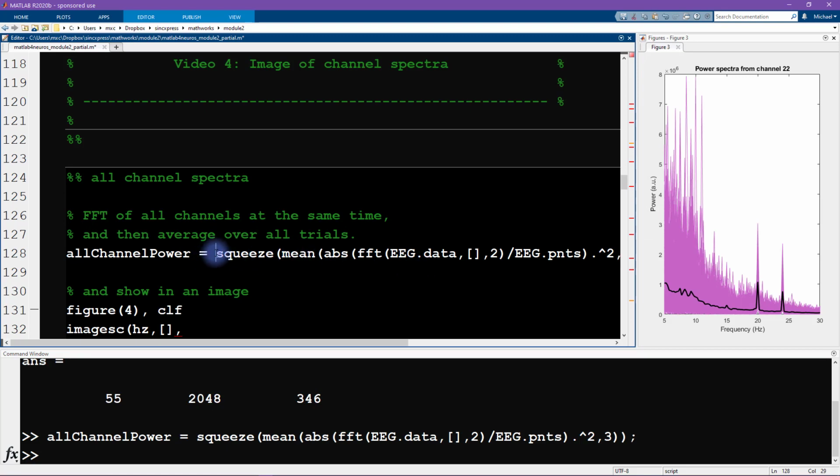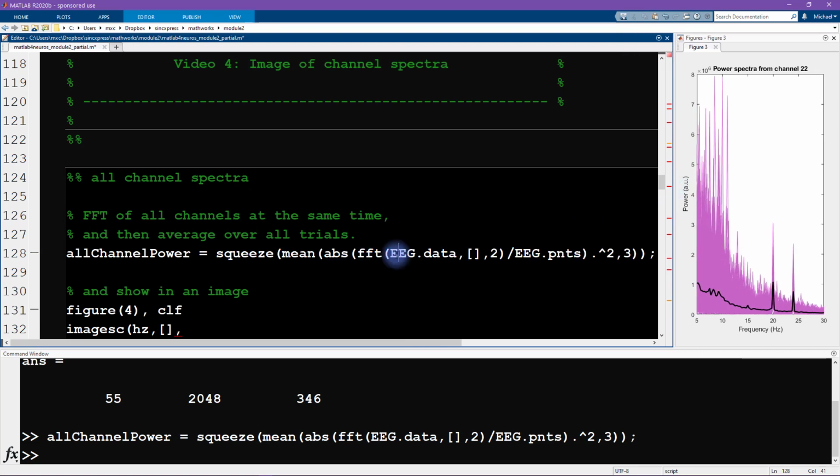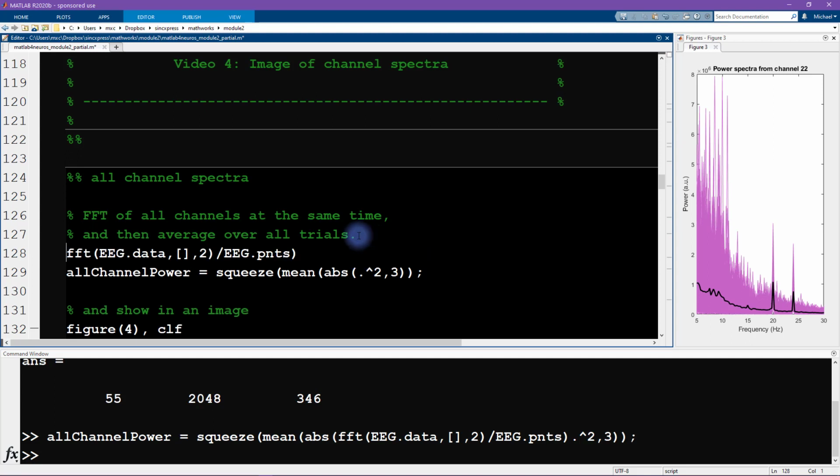Now, this is a pretty long and dense line of code. And if you find a line of code like this to be intimidating, particularly when you are just getting going with MATLAB, then you should feel free to break up this line of code into several other lines of code. For example, you could put the FFT on its own line of code. So yeah, let me just show you what that looks like. So you could say, temp FFT equals this, and then the input here is going to be temp FFT